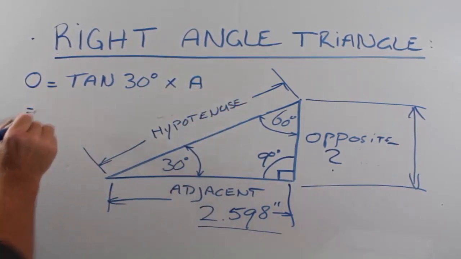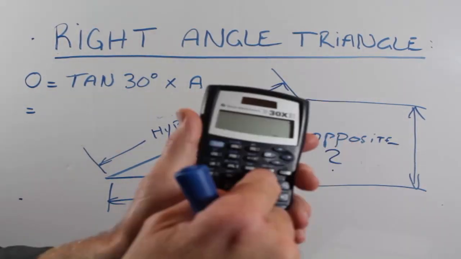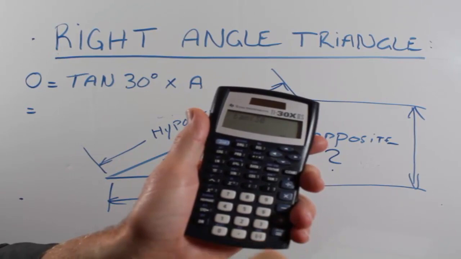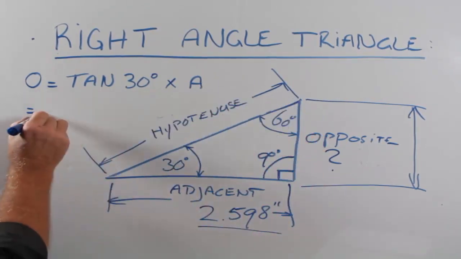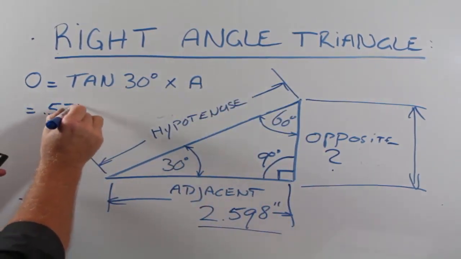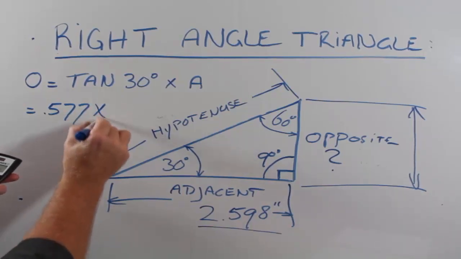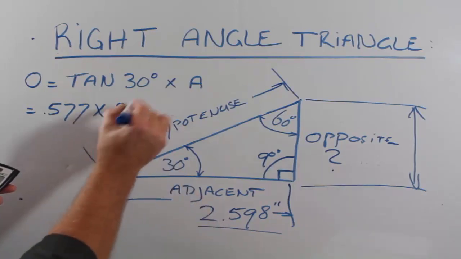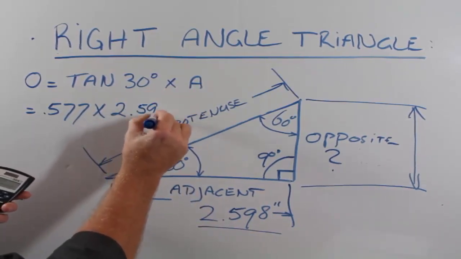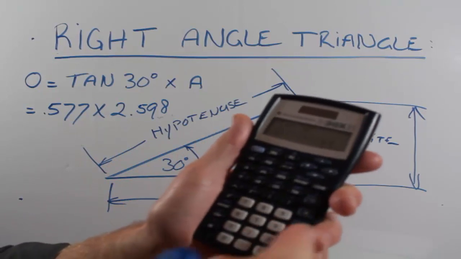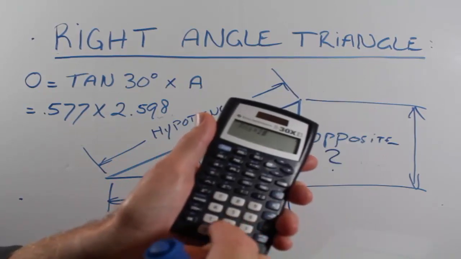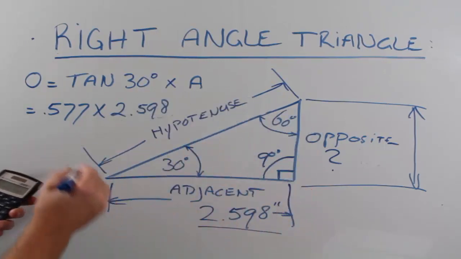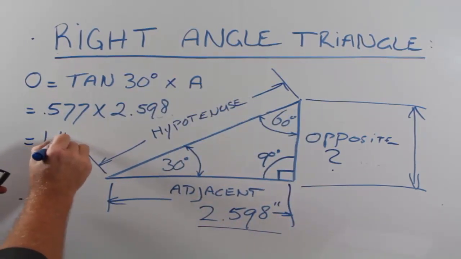On the calculator, tangent of 30 degrees is 0.577 rounded off, times the adjacent leg, which is 2 inches 598, equals 1 inch